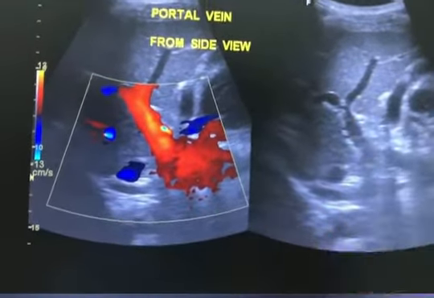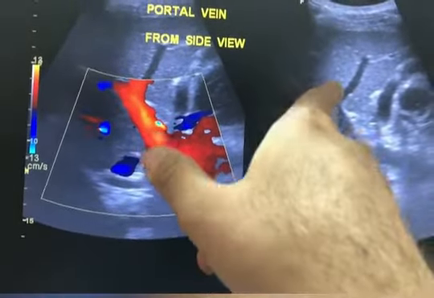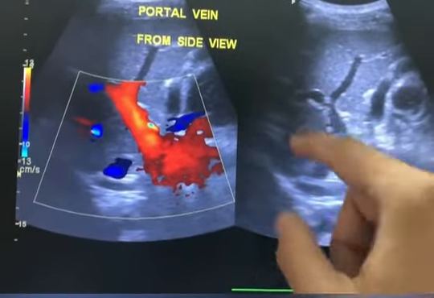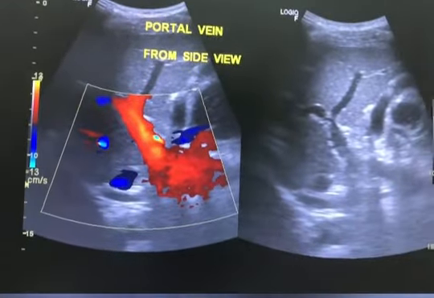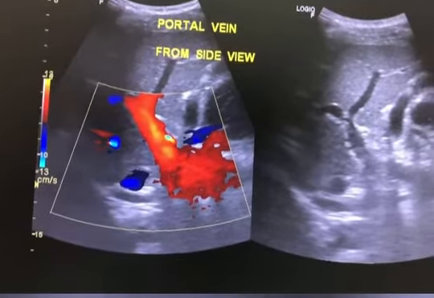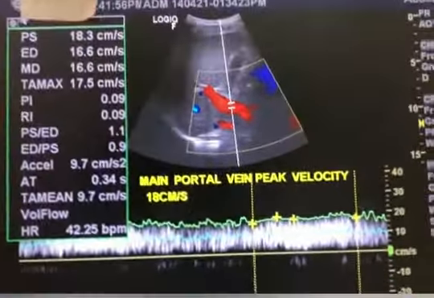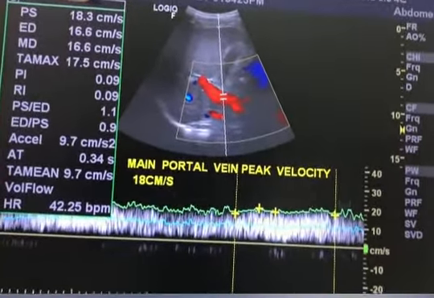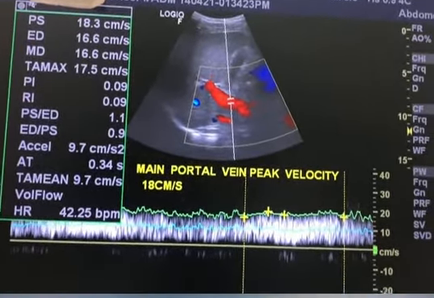If there is significant portal hypertension, then you will see the reversal flow, because the resistance in the liver is more, so there is a reversal of the flow in the portal vein. Never seen till now this kind of case. Maybe I might not have observed it in my practice due to hurry and not taking interest, but still I had not seen this kind of case.